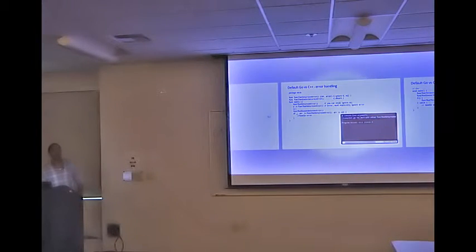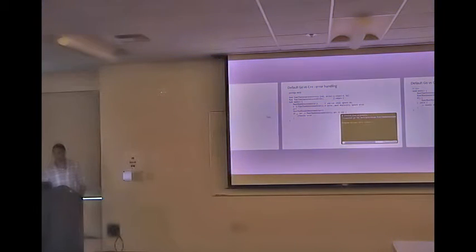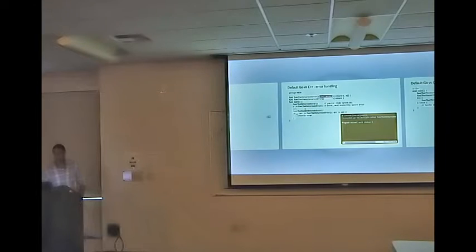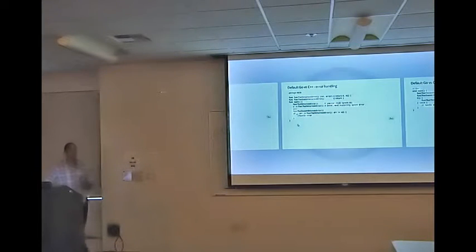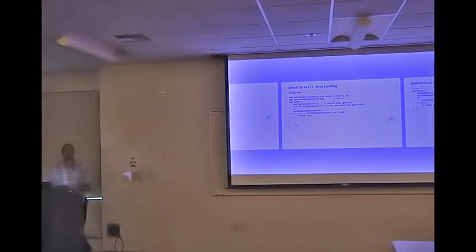Another thing to explain is that in Go, you can return multiple values. So here I'm returning an int and an error. And what I'm doing here is ignoring the int part of that and just looking at the error. So error handling becomes a lot easier because you can see right away when you handle an error. And if you don't handle an error, the compiler says, hey, you messed up. And it tells you.